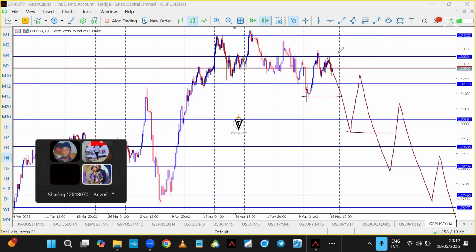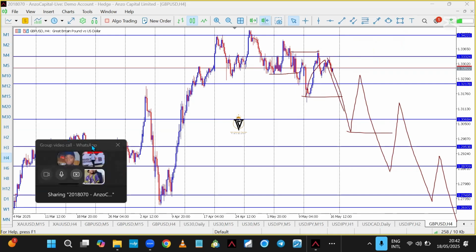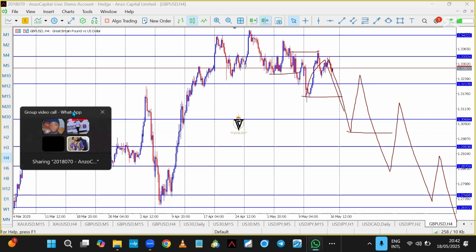You will have to take out a lot of liquidity, take out a lot of orders in the markets before it will finally go in the direction it wants to go. But you have to be patient and flow with it from a structural level, a demand and supply level, using your Fibonacci tools, using all other approaches